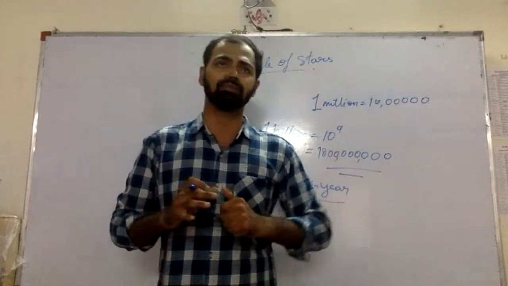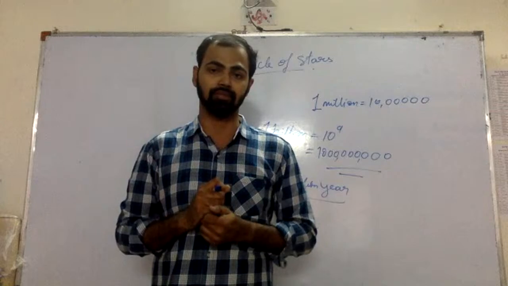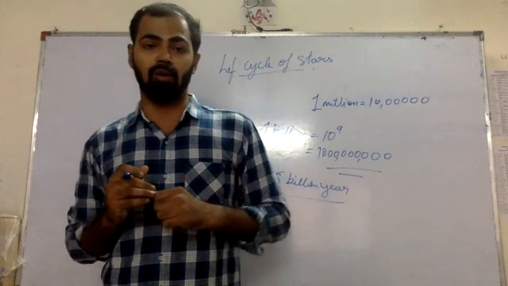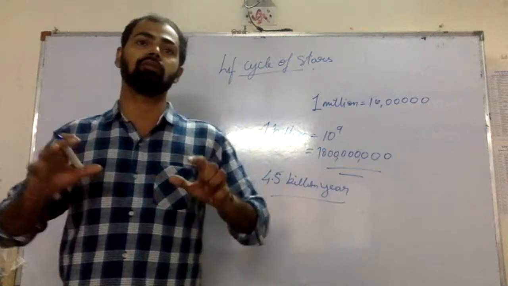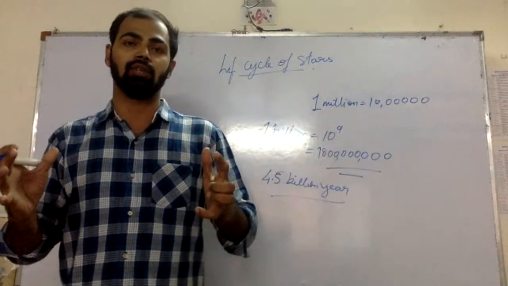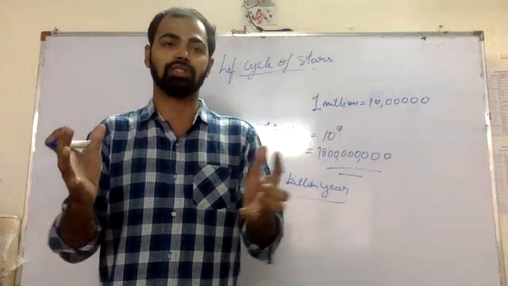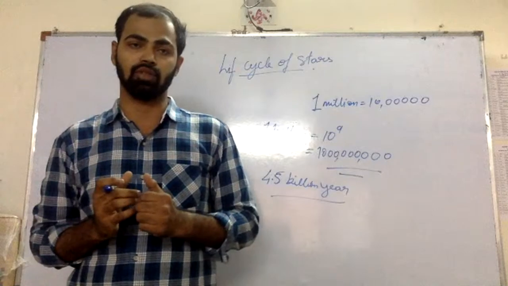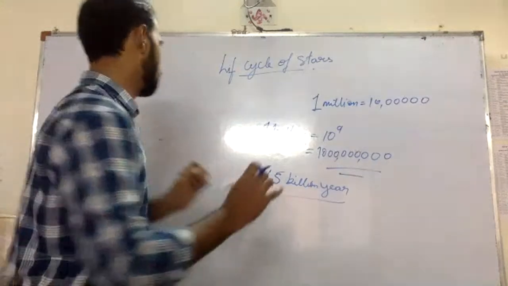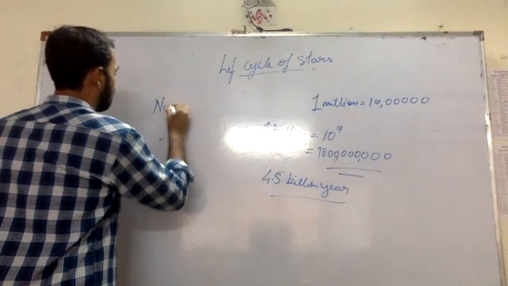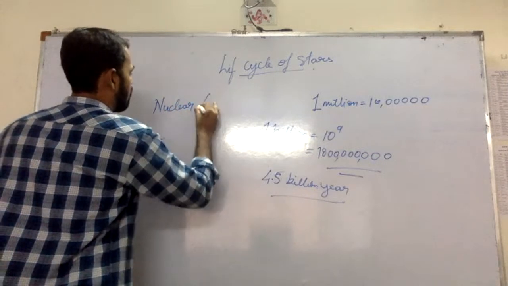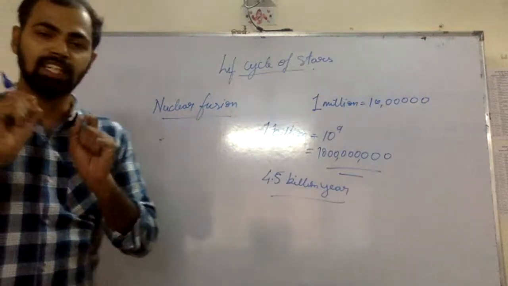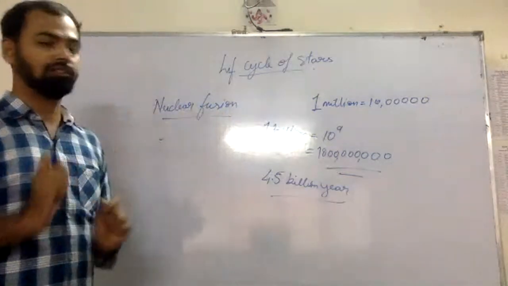Stars consist mainly of a lot of gases together. Stars are formed with a lot of gases coming together, very close, and they have a reaction within each other. Generally this reaction is called nuclear fusion.